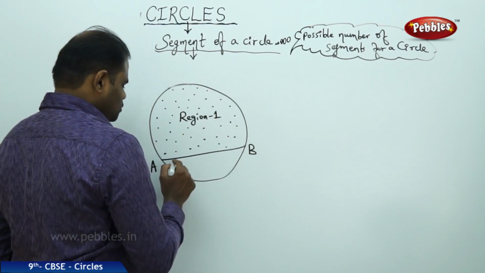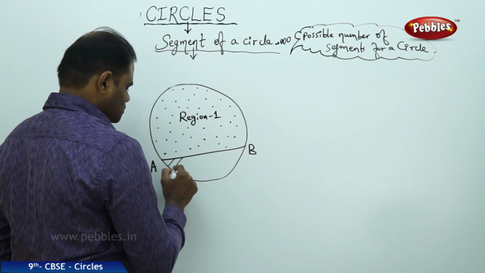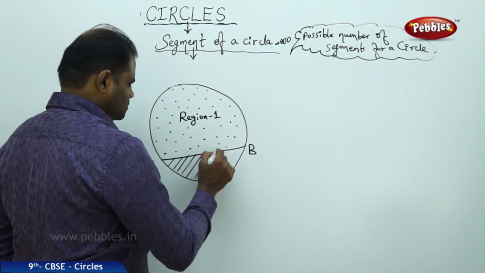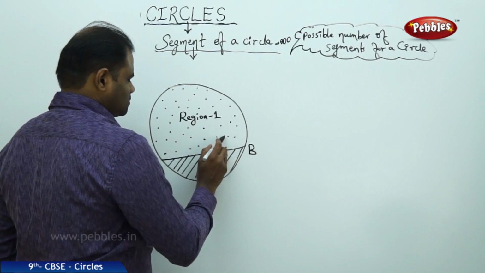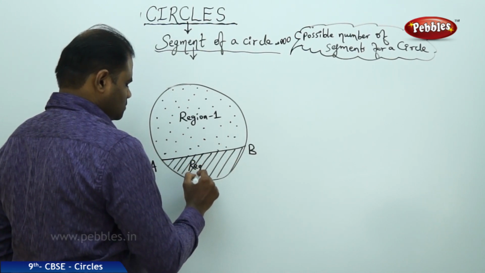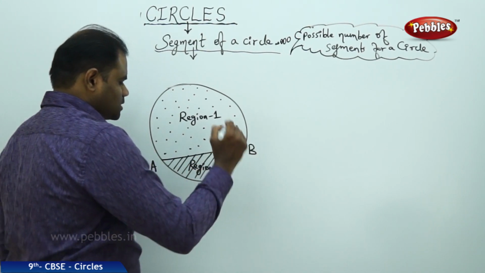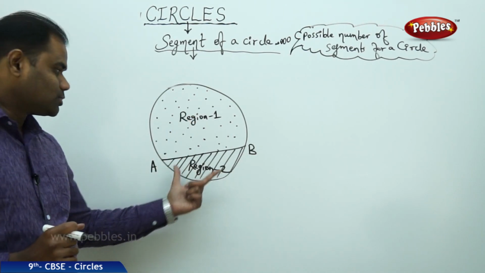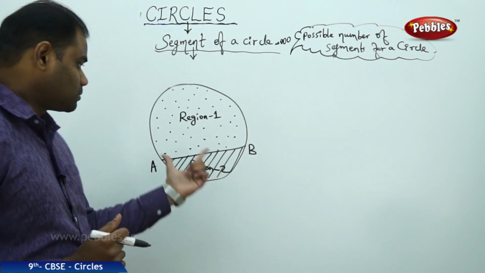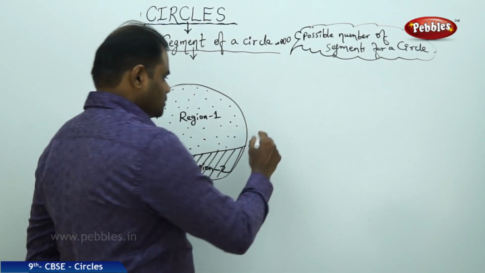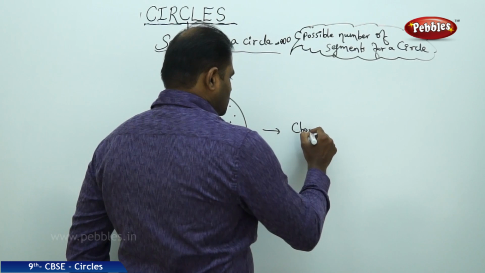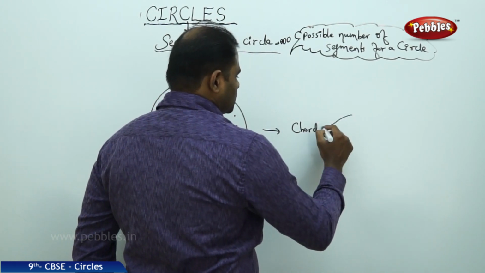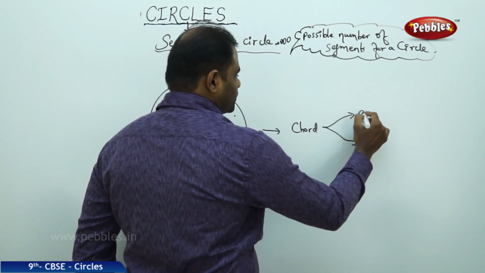And this is region 2, as given by slanting lines. So region 1 and region 2 are the two regions formed by this chord AB. So any chord of the circle always makes two regions,